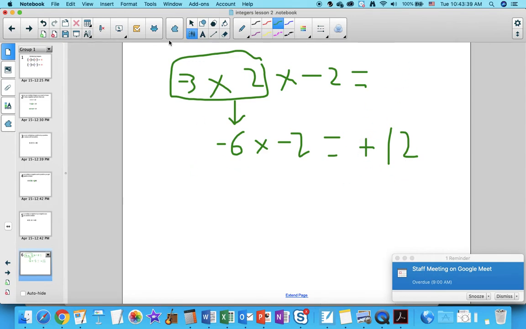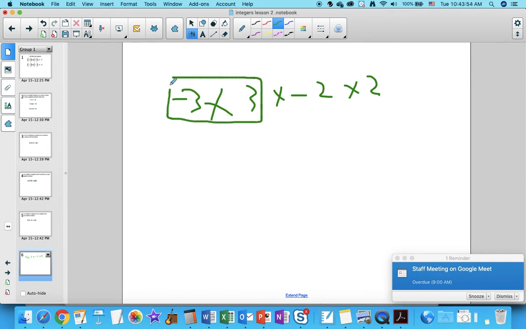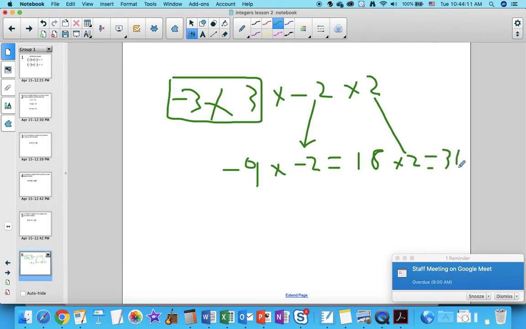So even if you end up with a question that is like negative 3 times negative 2 times 2 again, right? You can keep doing that, and you can solve them as long as you go 2 numbers at a time. Negative 3 times 3, well, that's negative 9. All right, times negative 2, right? So I bring that down, right? That's 18. Okay, bring that down, times 2, and that's 36, right? So that's how you'd solve